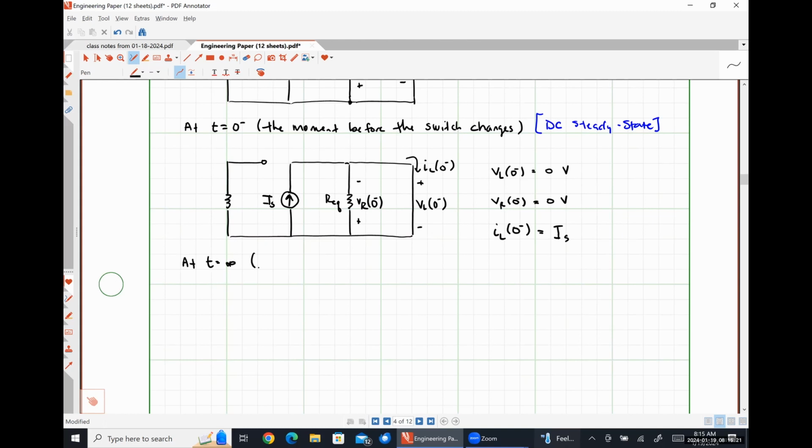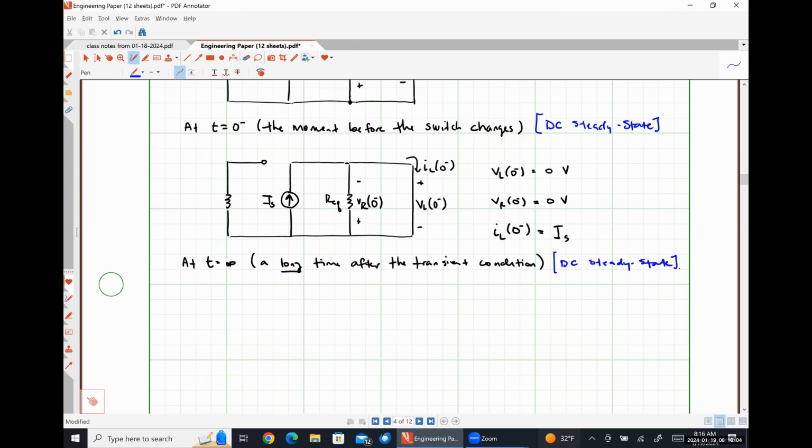So at t equals infinity, this is a long time after the transient condition. Effectively, we're looking at the circuit now after all of our signals have died out and settled back down to some DC value. So this is, again, going to be a DC steady state